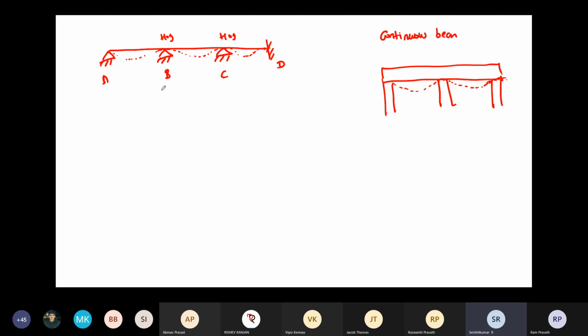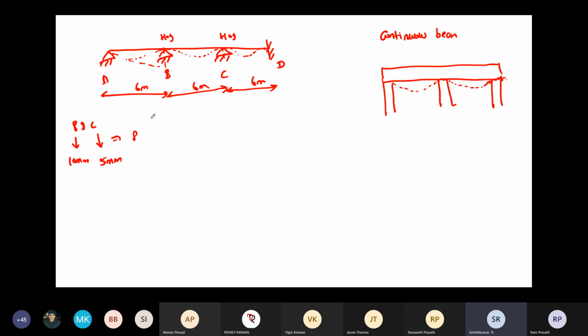So now this is a question. You have AB as 6 meter, BC is 6 meter, and CD is 6 meter. Okay, so everything is there. No loadings, but the question is about supports B and C. B is sinking 10 mm, C is sinking 5 mm. The delta is B trying to sink 10 mm and C is 5 mm.